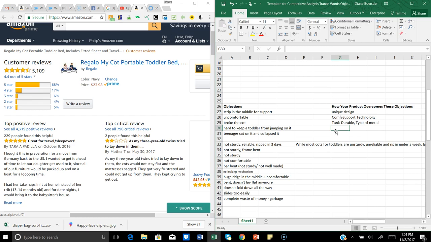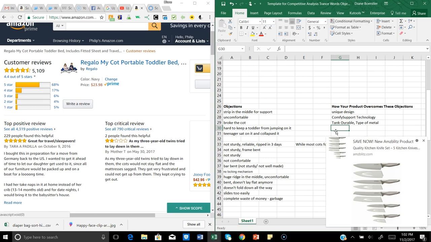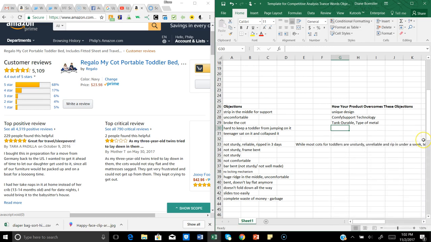But it might help to mention that it will not collapse or tip even when jumped on. Will not bend, warp, etc., right, even when jumped on. Teenager sat in it and collapsed it. Same thing right here. So will not collapse,